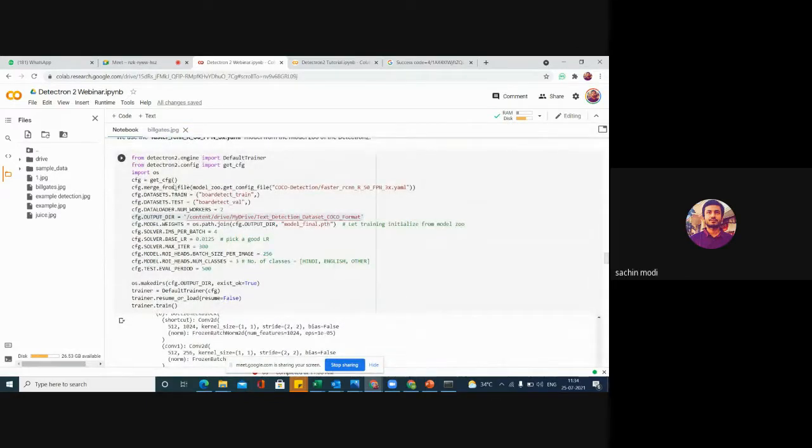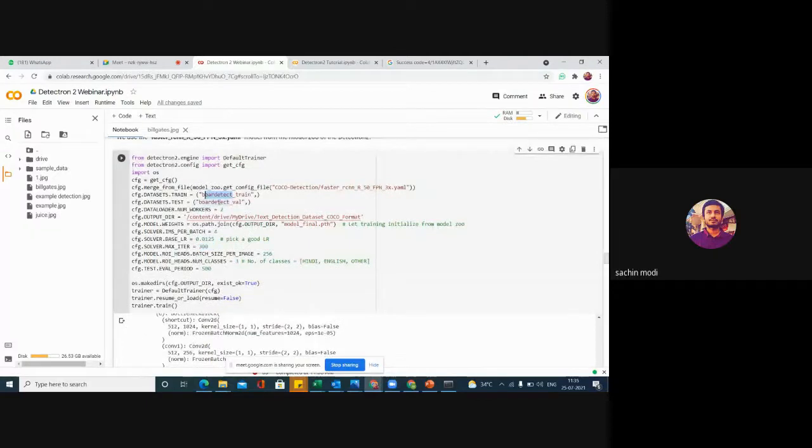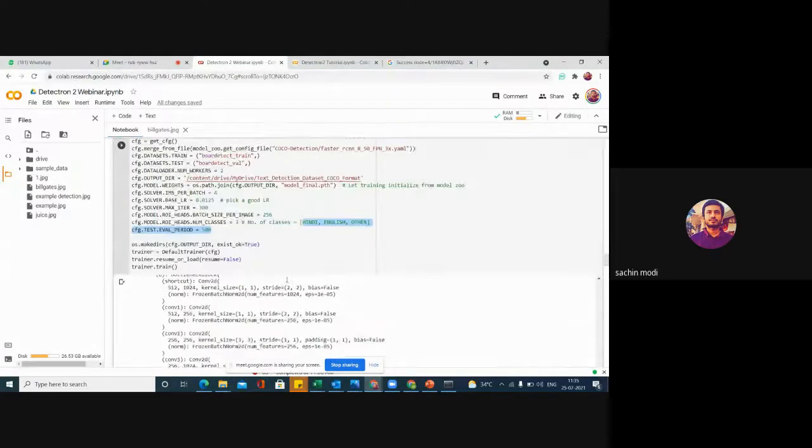This is the default configuration file, and we can pass in our own parameters. Detectron 2 will build a model on that and train it. These are the parameters that I passed, and this was my data set with text images and bounding boxes. These were three classes: Hindi, English, and other.